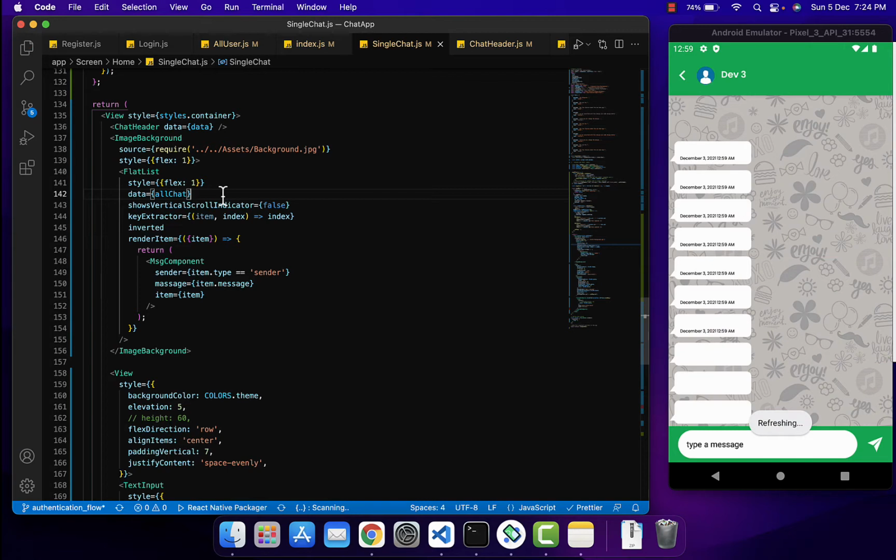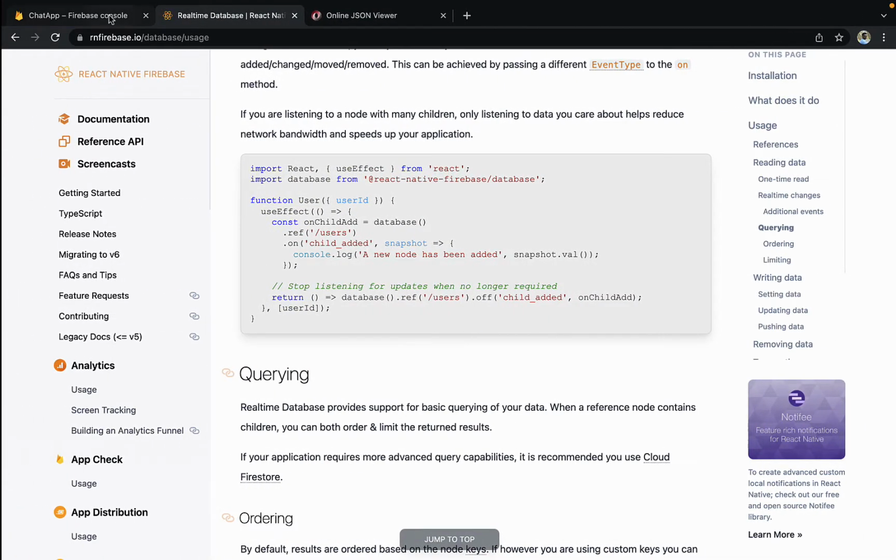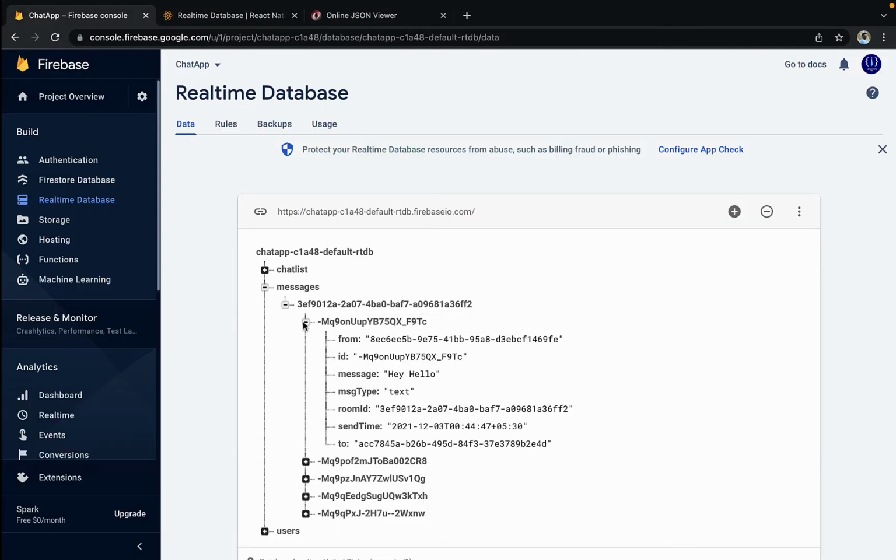If you click on save, we are getting something, but there is no message showing, because inside the message we need to pass the message, and the name for that particular message is